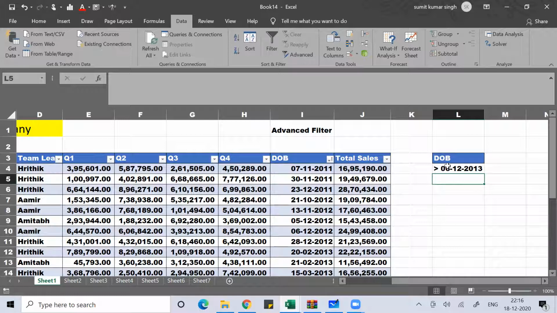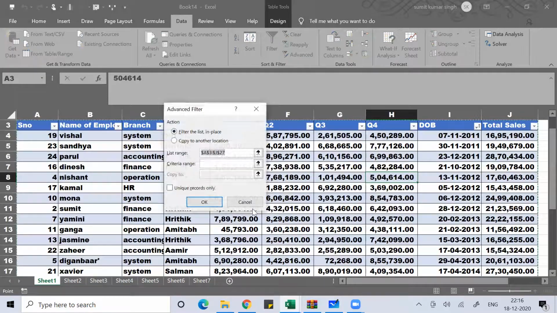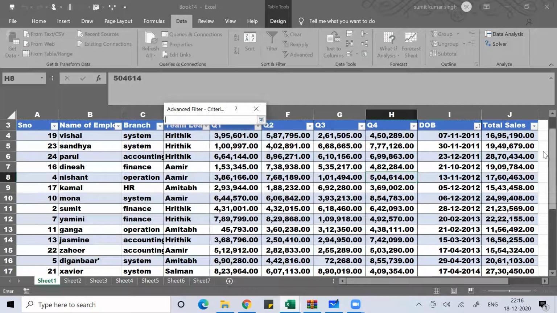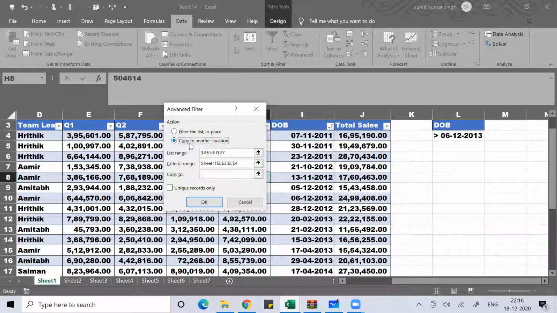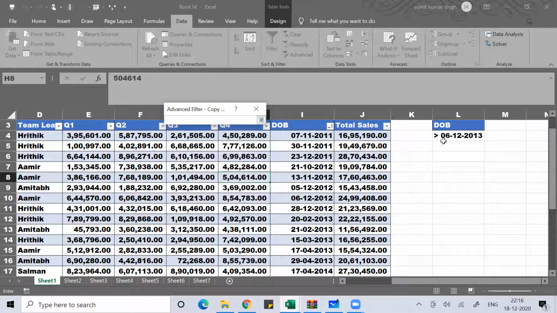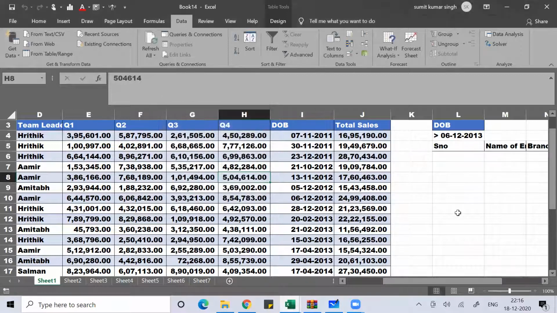Now you can see this. Put your cursor inside, Alt A Q. Now criteria range, select this table, select this date, then copy to another location, copy to, click here, press OK.